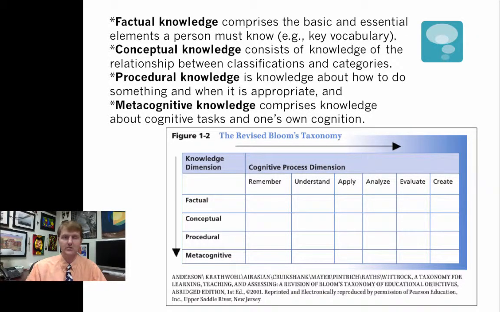But if you get into the metacognitive, where the students are thinking about their own thinking, that's really when you get to that high level. That's really when you challenge students at the highest level. If you're having them create in a metacognitive way, they're going to learn so much and retain that so much longer than doing just remembering factual knowledge.